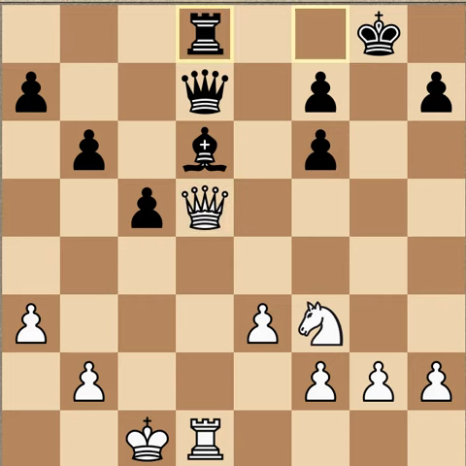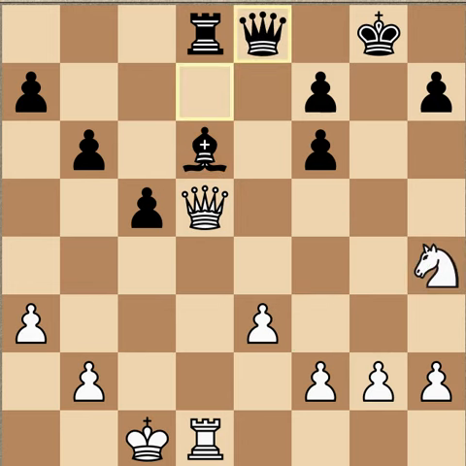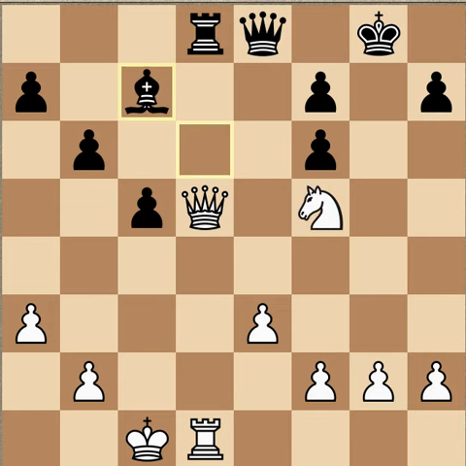Rook d8, knight h4, the idea of going here and piling up. Queen e8, knight f5, and bishop c7. And then we see that white's attack is pushed back.